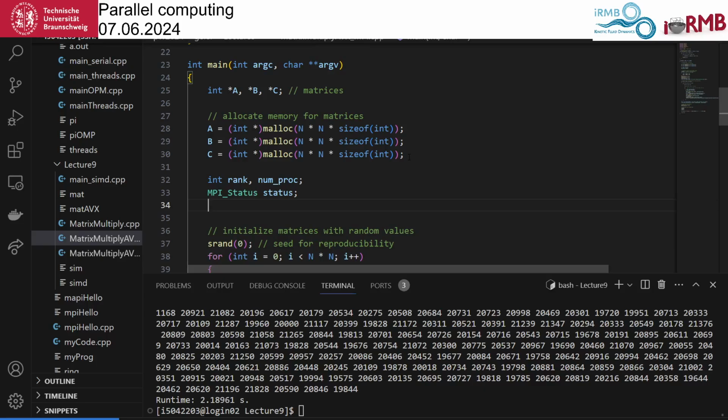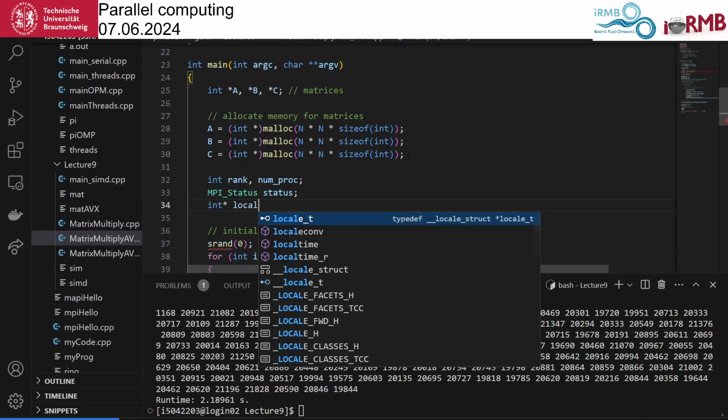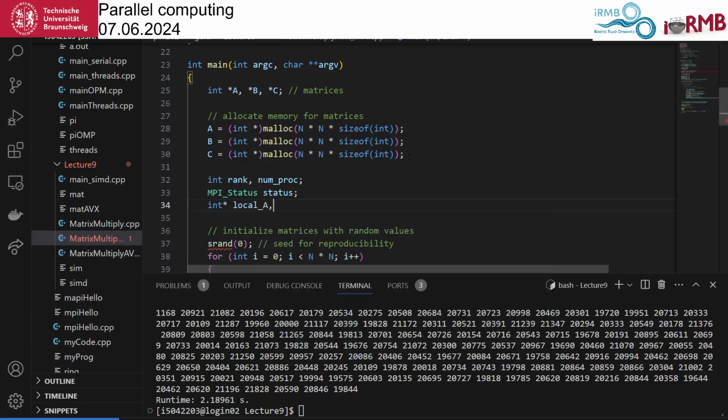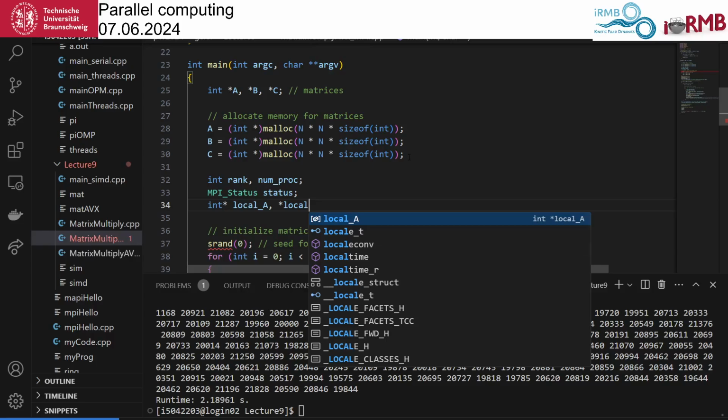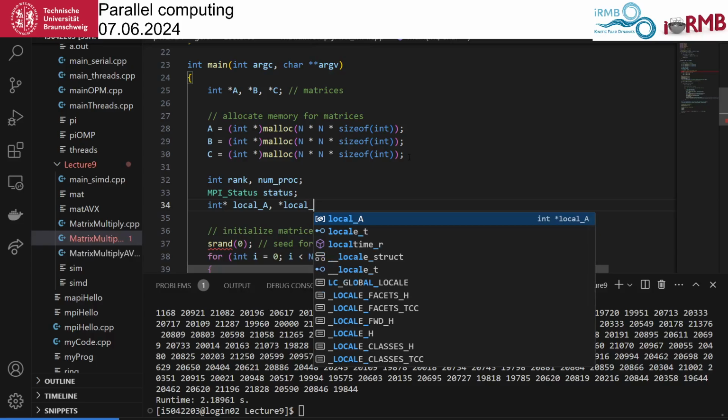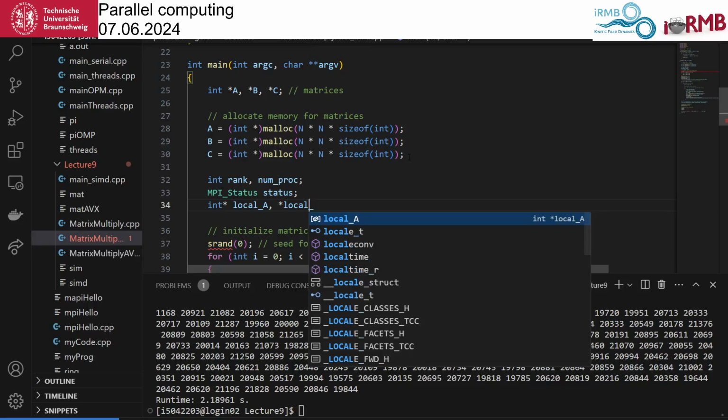Then as we see in the picture, we'll have to have a local partial matrix A and a partial matrix C. Which I'll call int, and always take care this is a pointer. Local A and also local B. Local C. What's the typo? The asterisk should be...